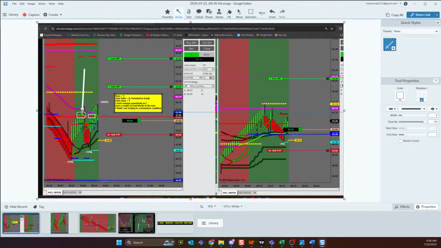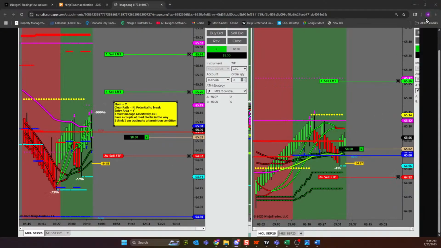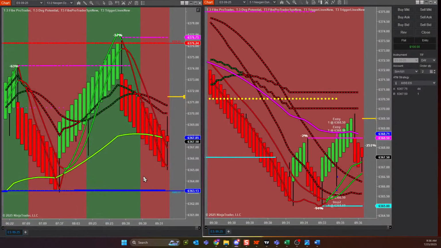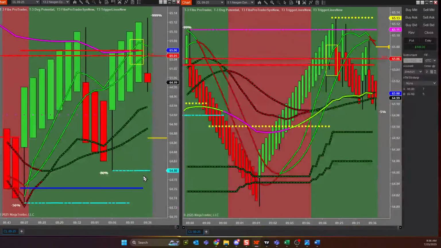This is what you should be focused on right now. 2 trades, 2 termination conditions, 2 losers. Oh, did you win? Did you win one? So you got lucky on one, lost the other. And now what do you have? You have momentum. It has the potential to break. You entered at the area just above triggers. You're 2 ticks below. I would say your read is on point. The only thing now is whether or not they're going to give you that.